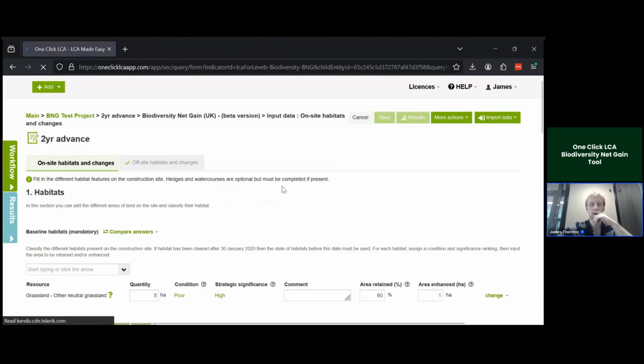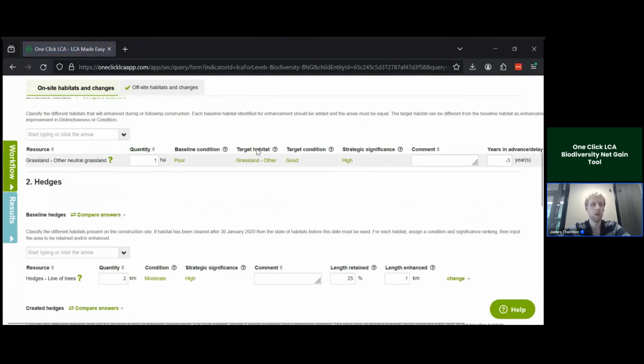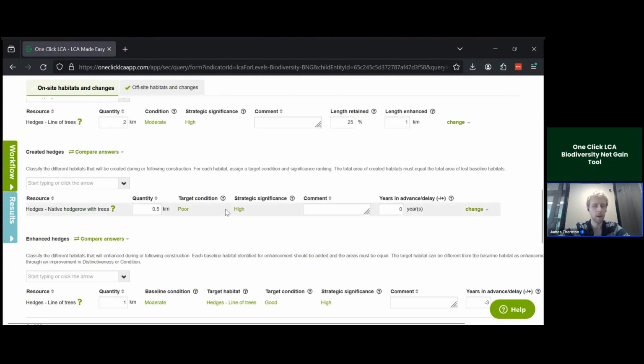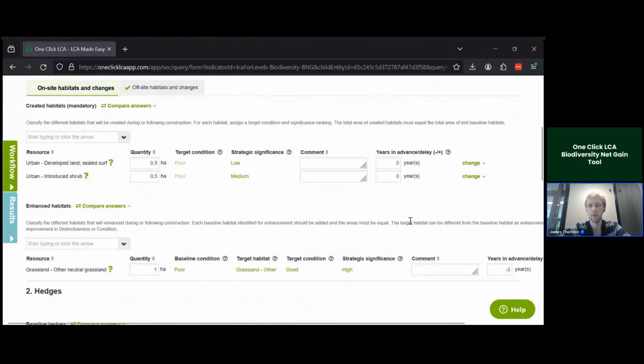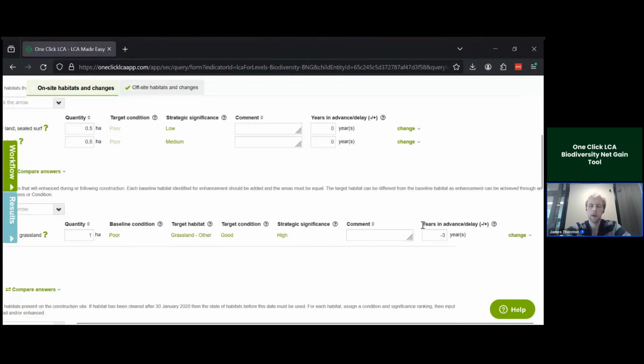This is the same project, the same site. All the habitats are the same, all the areas are the same, and the conditions the same. The only thing I've changed is this input called years in advance / delay. And what this means is